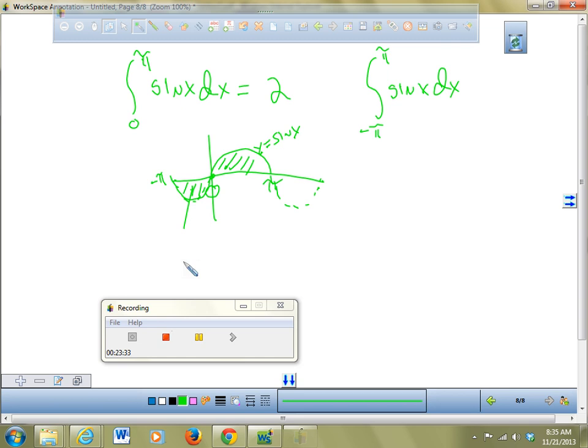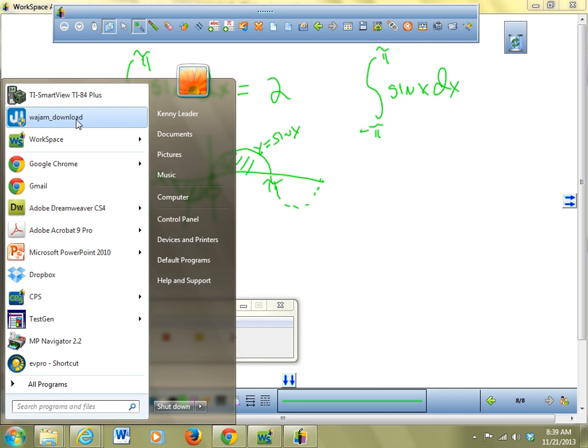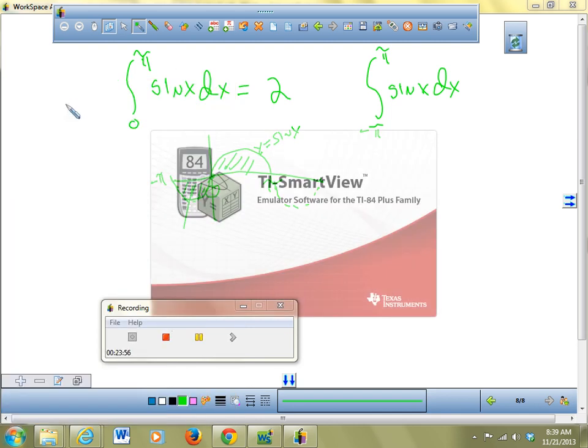Because the y value is negative, so you're going to get a negative value if you were to plug this into your calculator. You could show that too. So if you take your calculator, I was going to wait till tomorrow to show you this, but if you were to take your calculator,